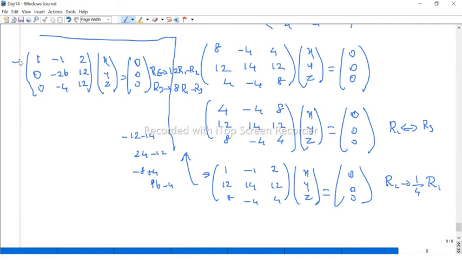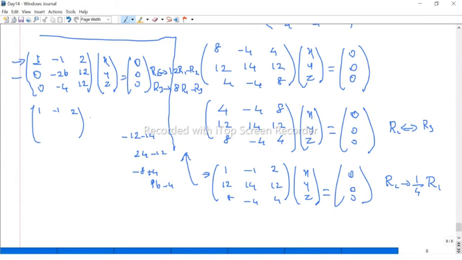Now we finish the first row. We scan the first row and get a non-zero entry here, which is 1, and the corresponding column entries are 0. Now if we scan the second row, we get a non-zero entry, but it is not equal to 1. Therefore, we have to make that entry 1, so we have to divide by 26. Therefore, keep the first row.